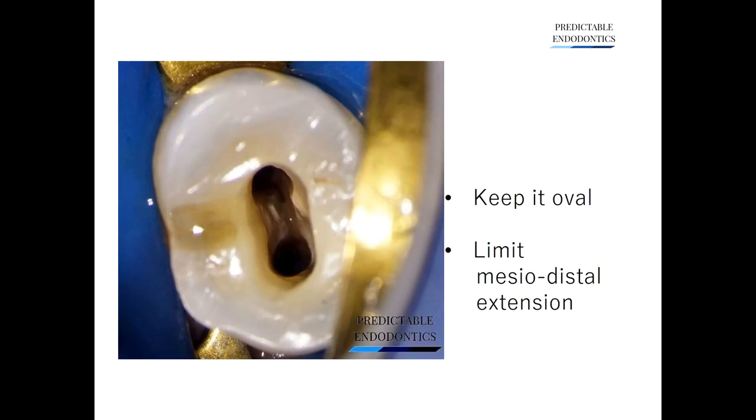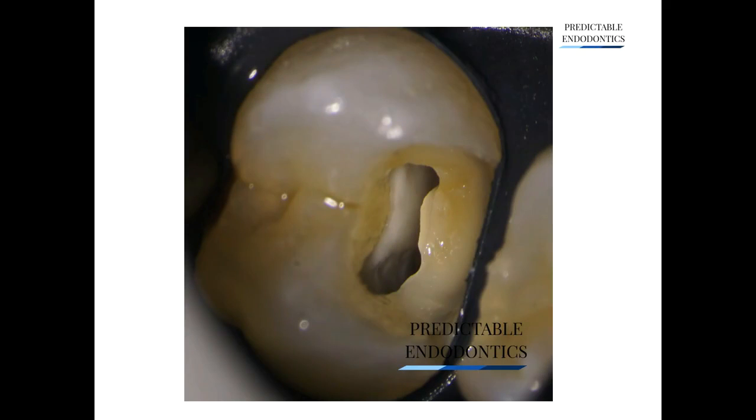To sum up, as far as the maxillary premolars are concerned, the canals are present buccally and lingually. Limit your mesiodistal extension of the access cavity preparation. In addition to the root canal anatomy, you will also commonly come across a single oval canal present in the center in the maxillary premolars.